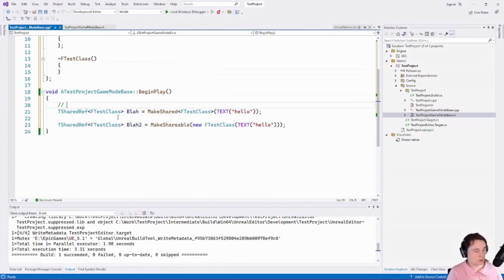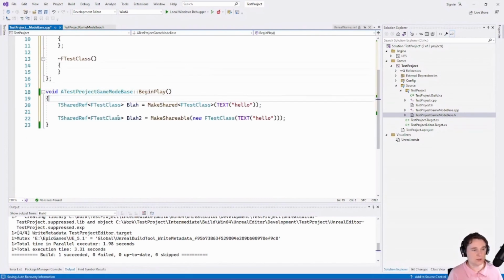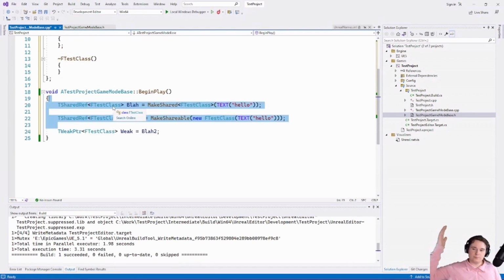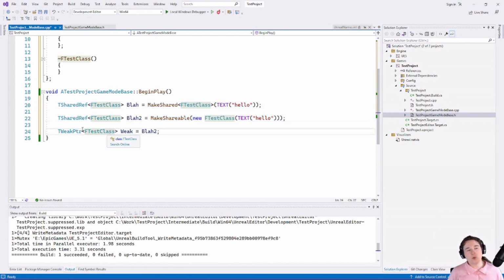Now, there's one other thing that I need to cover, which is TWeakPtr. FTestClass weak. Now, this is a way of having a pointer to something that is managed by the shared pointer system, but that it won't keep the object alive, right? So if we have a TWeakPtr here, and let's say that blah and blah2 are both gone out of scope, like there's no shared pointers or shared references left to this memory, the weak pointer will not